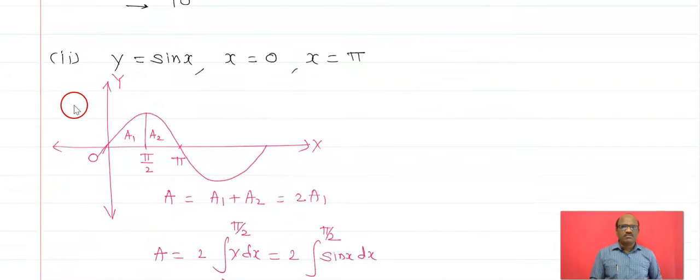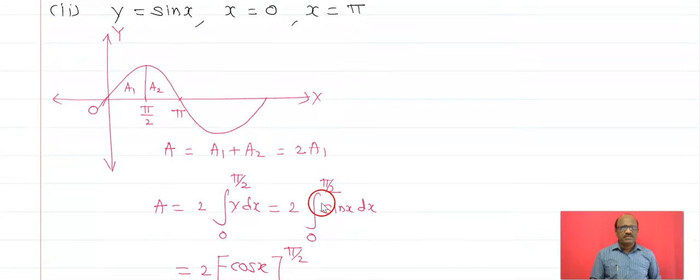Now the next question: y is equal to sine x, the value of x is from 0 to pi. Now see this figure. This is the graph of the curve y is equal to sine x. It starts from 0, at pi by 2 it has a maximum value, and again at pi, the sine of pi is 0. Now we have two parts, that is A1 and A2. Therefore capital A is equal to A1 plus A2, that is equal to 2 times A1. And that's why we will calculate capital A is equal to 2 times the integral from 0 to pi by 2 of y